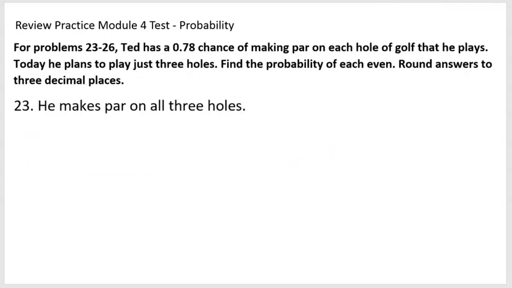All right, folks, let's talk about Ted. So problems 23 through 26: Ted has a 0.78 chance, or 78/100ths chance, of making par on each hole of golf that he plays. Today, he plans to play just 3 holes of golf. Find the probability of